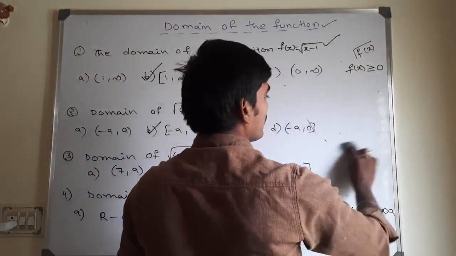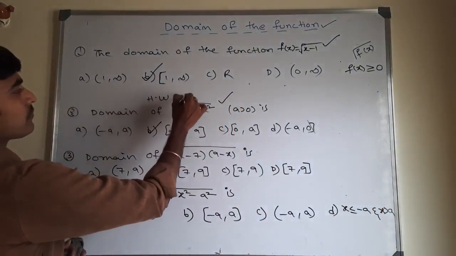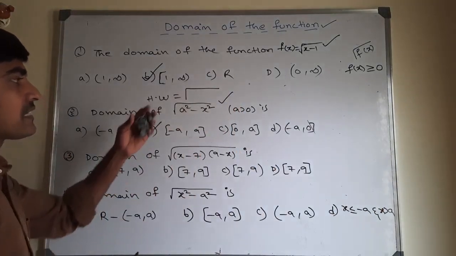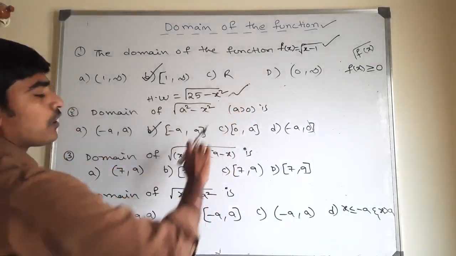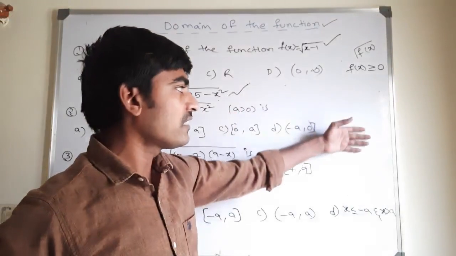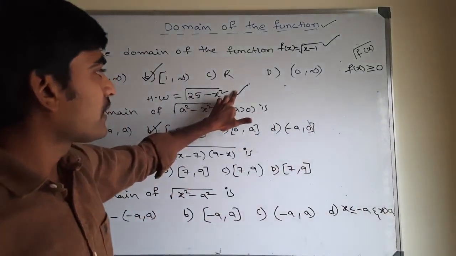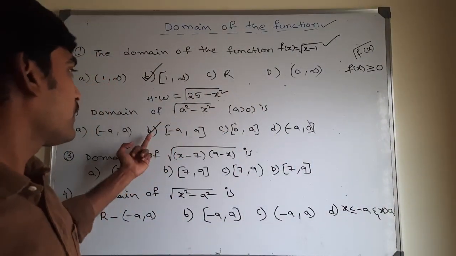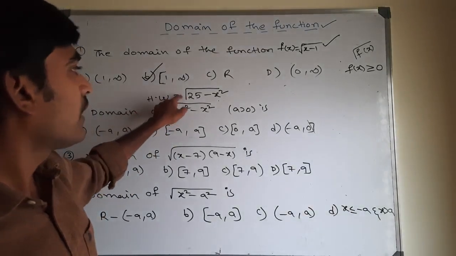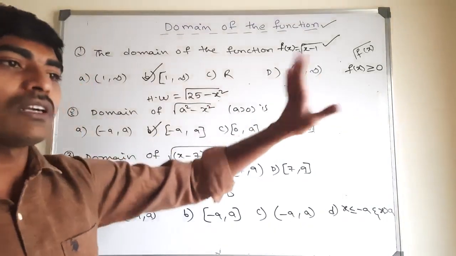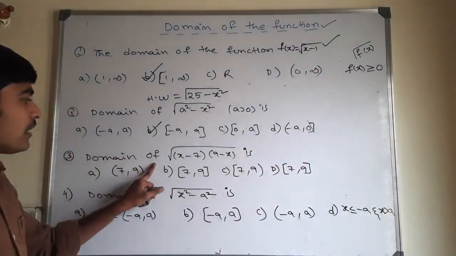So let them give any question, you can solve it. Now, homework: based on this, I am allotting one homework question. In the comment section, please send this answer. 25 minus x square: I need the domain of this. If I explain the procedure, this whole part would take time on the board too, if I explain slowly. But the simple trick I am telling you: a square minus x square, then the domain is minus a comma a only. See how easy. So the homework question: square root of 25 minus x square. What is the answer? Please comment in the comment section. Thank you. Next, domain of square root.